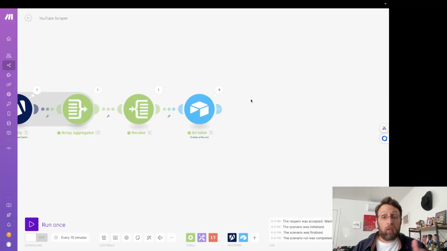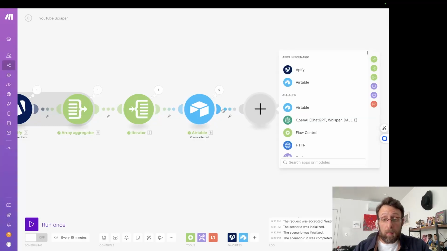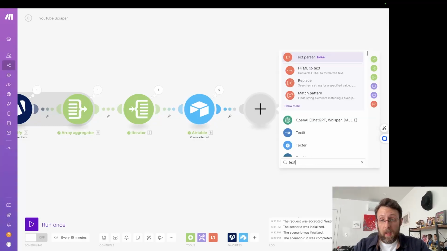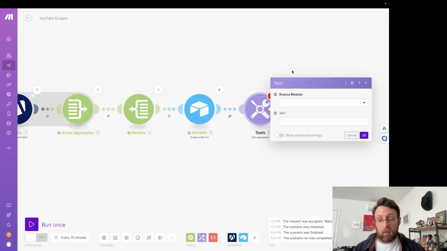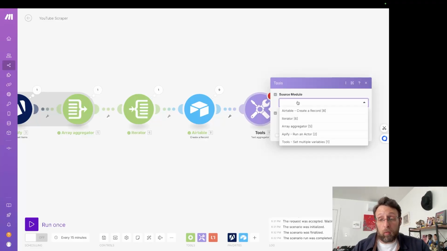Really cool. So now that we're over here in our make.com scenario, basically what we need to do is we just need to grab the title of the video and the total number of views. And so we're just going to grab this, and we're just going to type in text aggregator. This is a built-in tool. What this is going to do is it's just going to put together multiple sources of text into one thing. And so we just want to grab everything here from the array aggregator, and I'm just going to